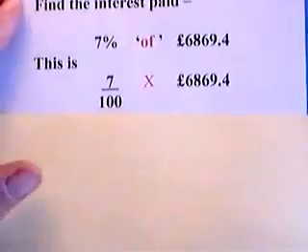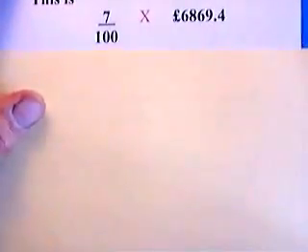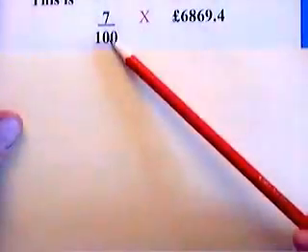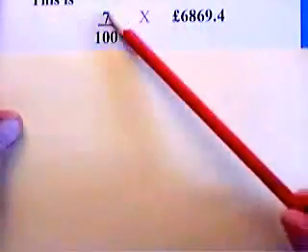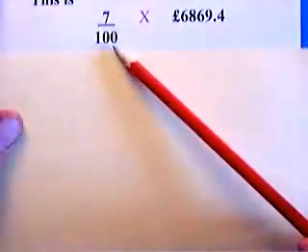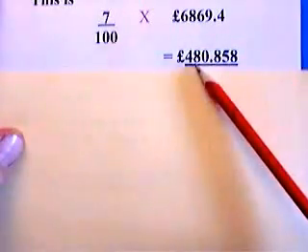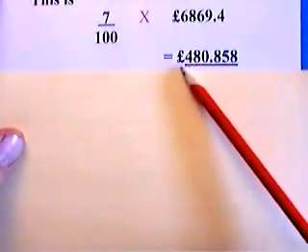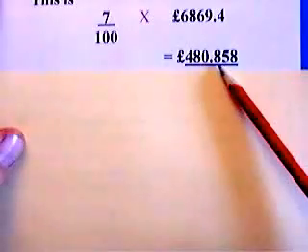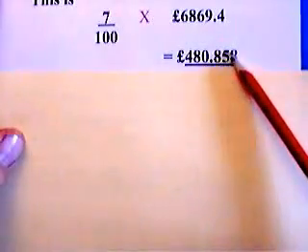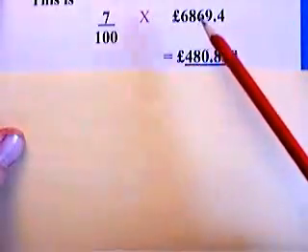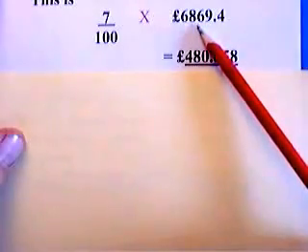The of becomes a multiply, the 7% becomes 7 over 100. We can do this on a calculator. 7 times this, all divided by 100, and you will get this amount here. This is the interest he has earned at the end of the third year, and this now gets added on to that sum he had at the end of the second year, this